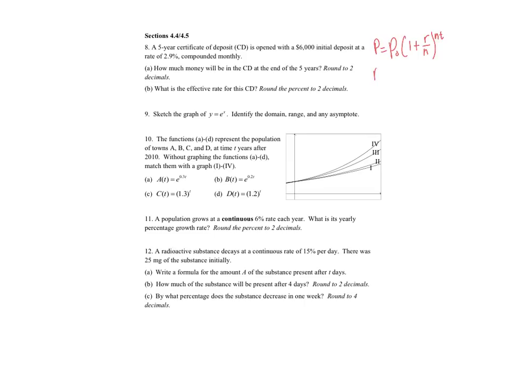And so we'll have P equals, our initial amount is 6,000. Then we'll do 1 plus, and then my rate is 2.9%, so 0.029. But I'm dividing that by 12, because I'm doing that monthly, to the power of the number of months times T. And T is 5. And so if I compute that,